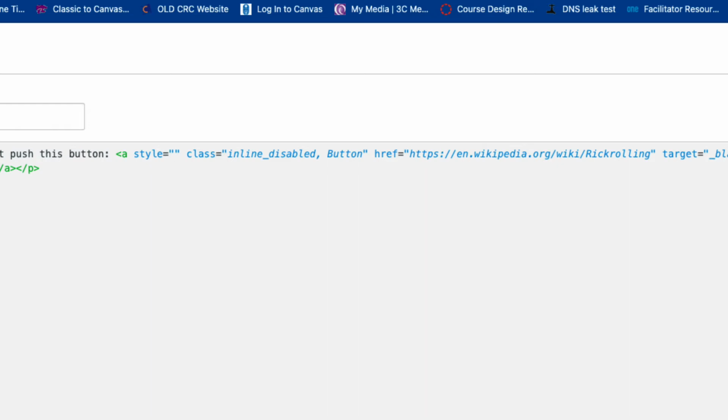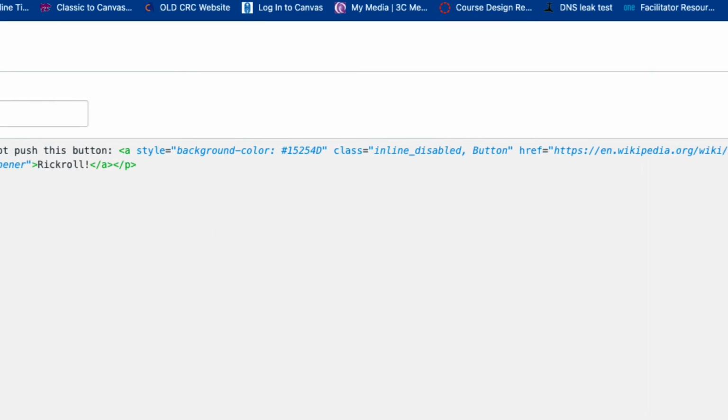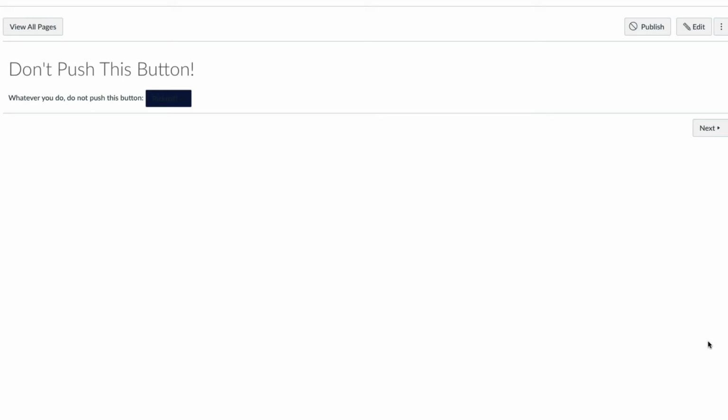So the background color is the value of background-color, a hyphen in between the words background and color. I then type a colon, a space, and then I put in a color code. The color code is preceded by a hashtag, and I will again select that Save button. And it should be pretty obvious that this is way too low of a contrast between the text and the background of the button. So I'll change the color of the text.